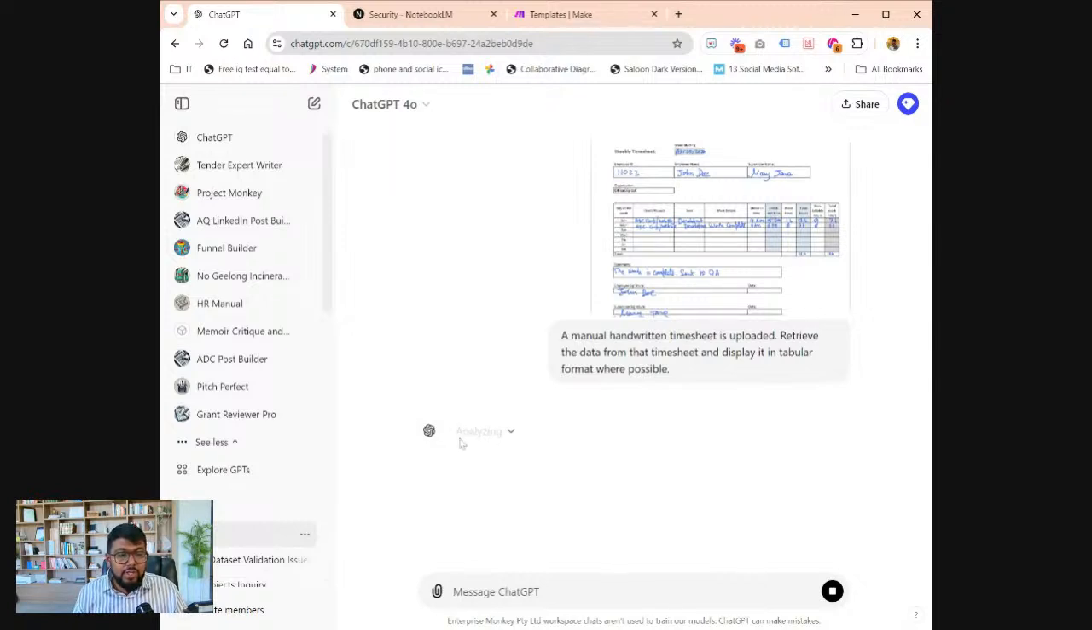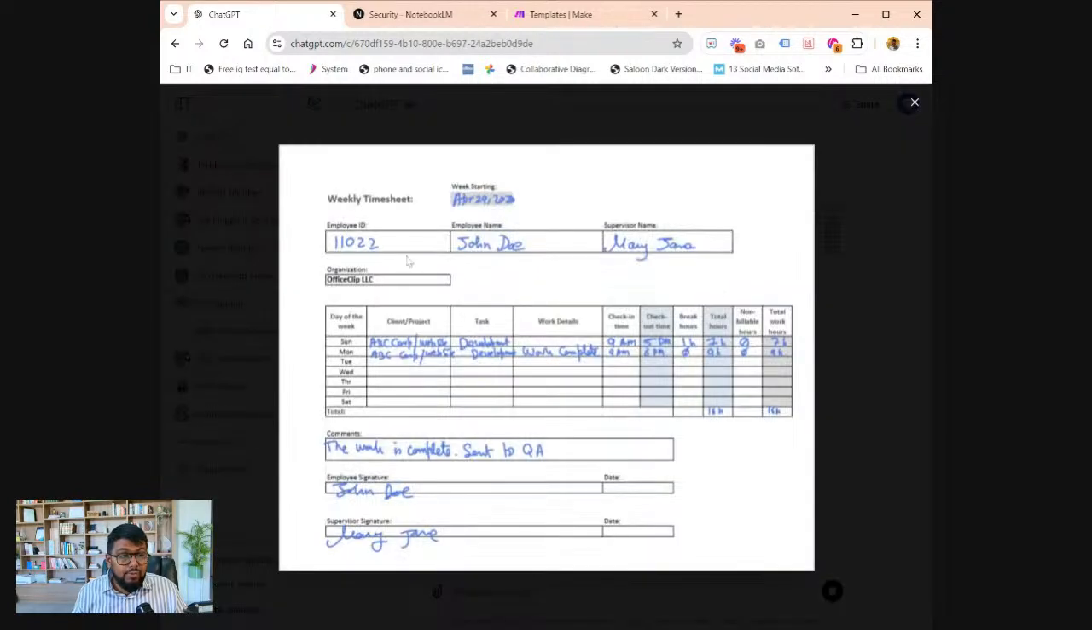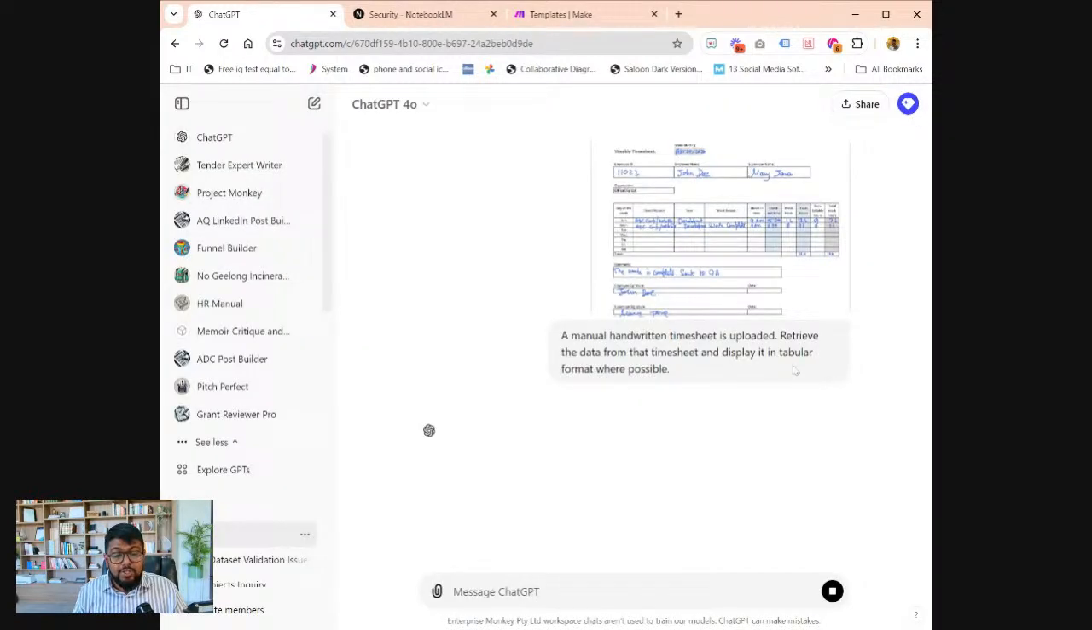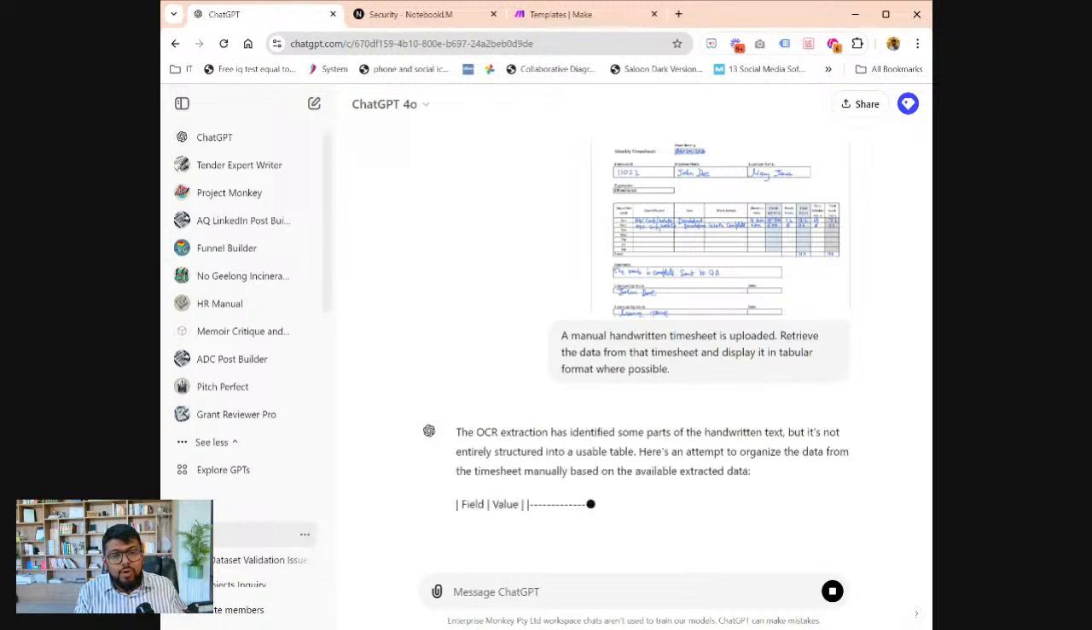So right now it's actually looking at this image, analyzing all of the information. But if you look, the handwriting is not particularly great. Let's see what the result comes out to be. It's further analyzing and thinking. Sometimes it takes a lot more time to think. And as I said, if you are doing it for